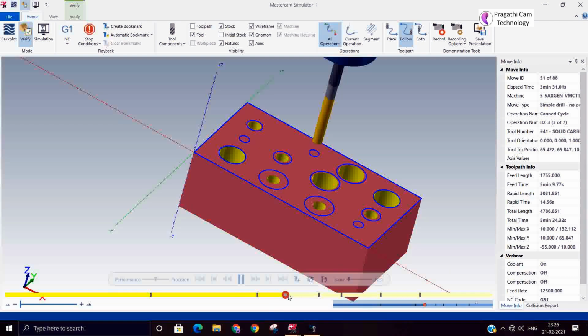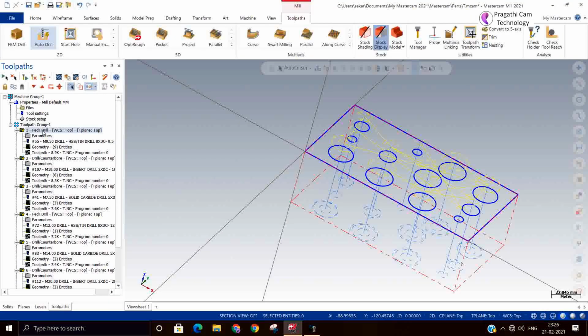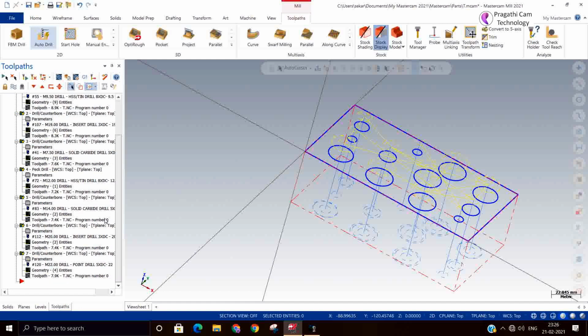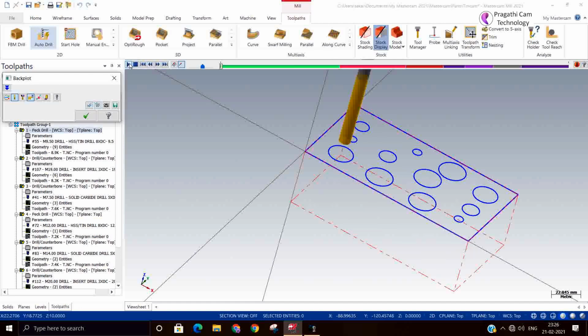You can see. So it has made around 7 operations. It's made automatically. If you reduce the speed and backplot, so it skipped the center one.